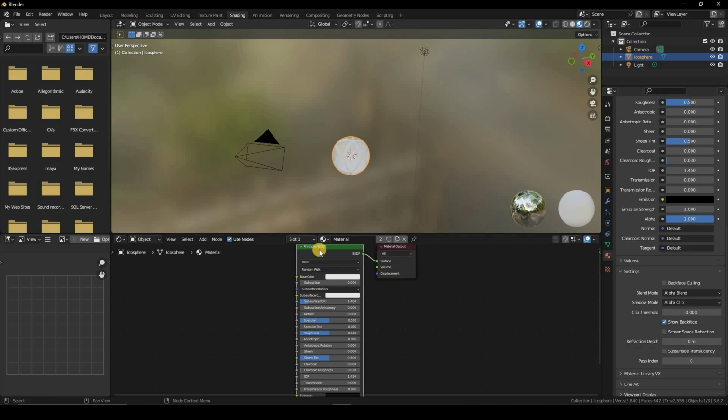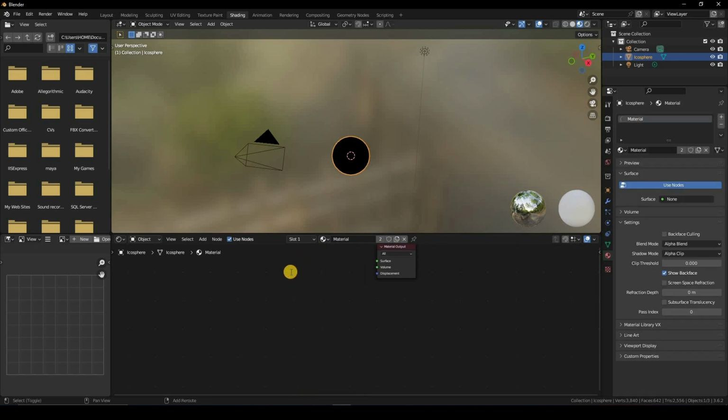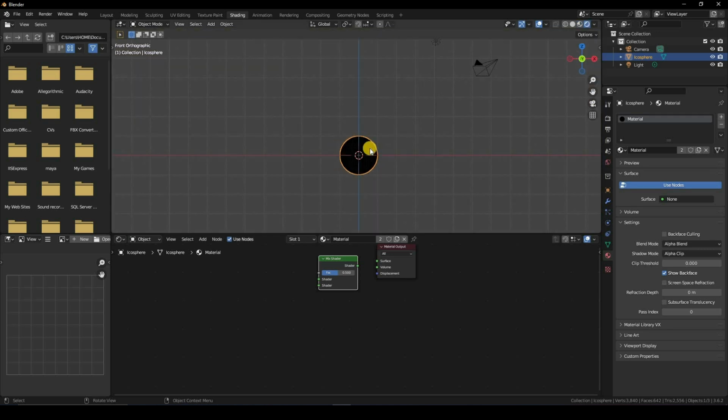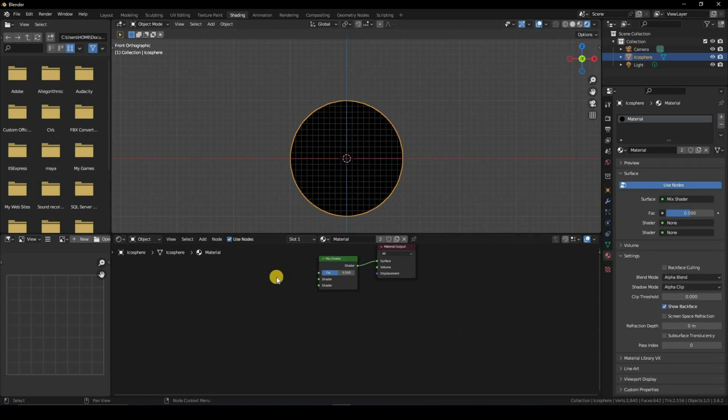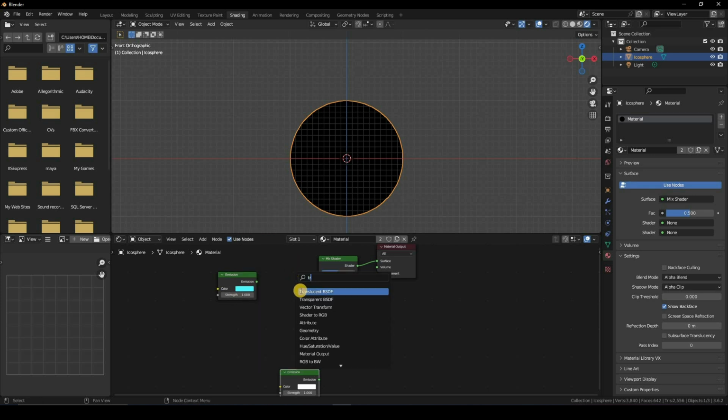Now the materials that we're going to use: first delete this Principled BSDF, then Shift A and add in a mix shader, and I'll just go into material, into rendered view, so that we can have a better view of what's going on. And I just plug it over here. And then I'm just going to Shift A and add in an emission node. I'll just change it to some force field shield type color, of course maybe blue, and then I'm going to Shift A and add a transparent BSDF. I'm going to plug both of them into the mix shader,